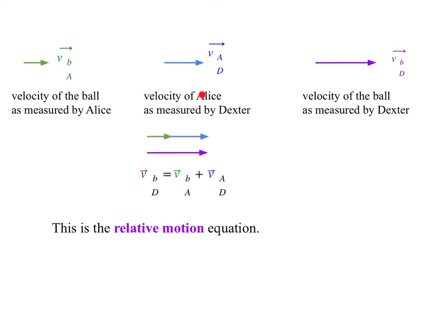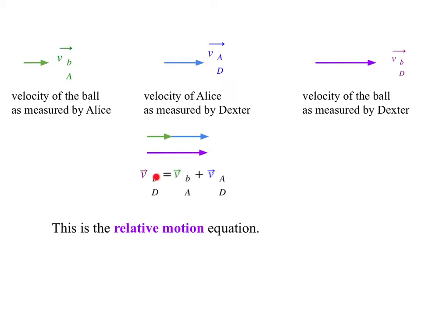And then the velocity of Alice, which is the velocity of the train, as measured by Dexter, would be V for velocity, Alice as measured by Dexter. And we know that that should be 30, which means it should be about half again as long as that, and it is. And then finally, the velocity of the ball as measured by Dexter, and that would be VBD. What we walked through, we haven't proven it, but it seems reasonable, is that the 20 that Alice sees the ball moving plus the 30 that Dexter sees Alice moving becomes the 50 that Dexter sees the ball moving.